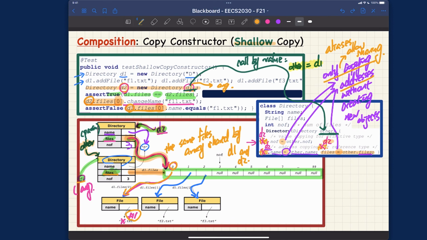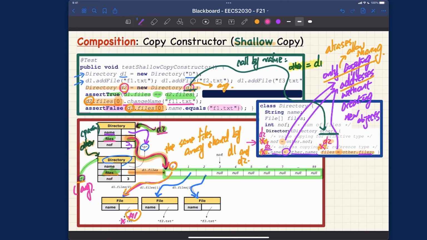And notice how the test case has been set up. If you see here, we're trying to assert false, right? So now D1, the files at index 0. So D1 files index 0 is referring to this shared object somehow, but it's been modified to F11. It's no longer F1.txt, like how it was initially set up. So that's why this is really important to see that it's assert false. So that's why it will pass. Okay, it's really important to notice that trick. Well, not really a trick, just to really specify exactly what we expect to see. Okay, so you can see no longer F1 because it's been modified